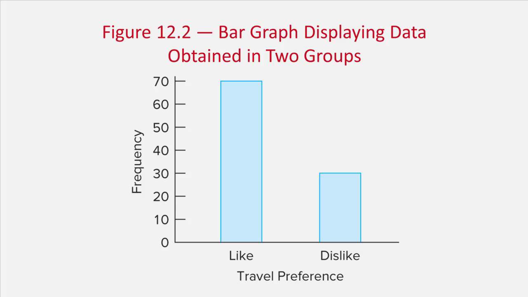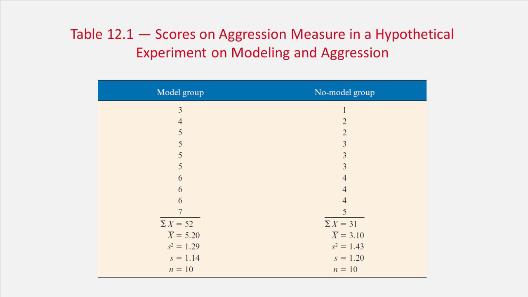Now, if we wanted to use a scale variable to look at the differences in some kind of outcome, we could use numbers that relate to a frequency histogram. So if we have 2 groups of people, one group is modeled aggressive behavior. Another group is not modeled aggressive behavior. Maybe you recognize this from the Bobo the Clown experiment. The modeled group has a mean, which is represented by X bar here. We would recognize that as a capital M. The mean is 5.20